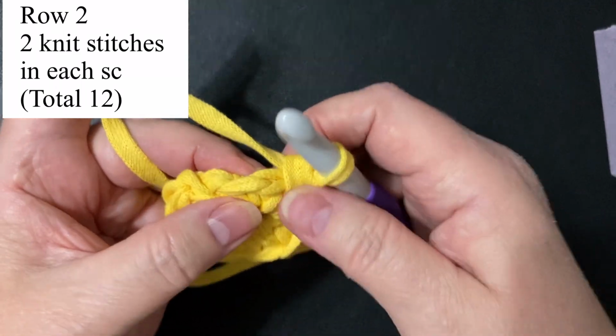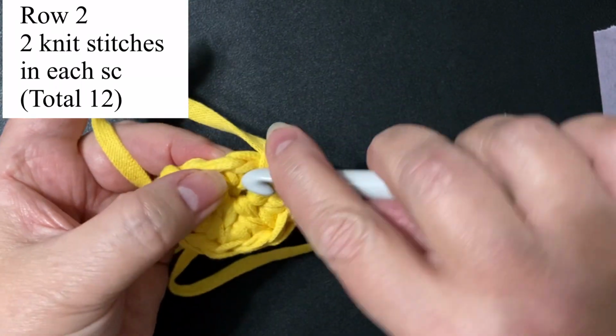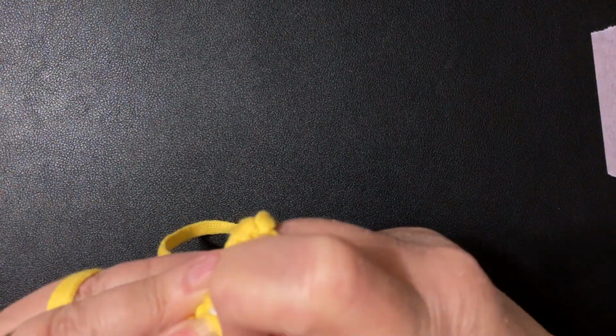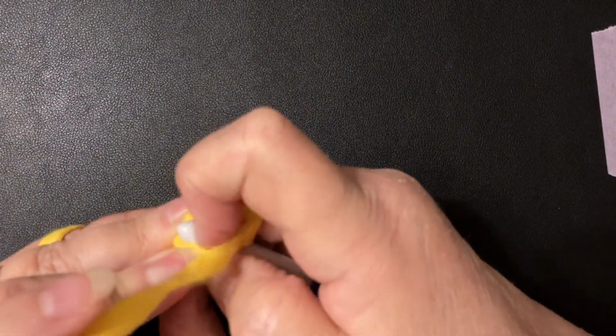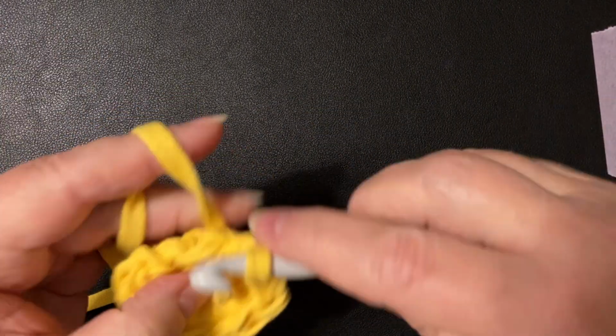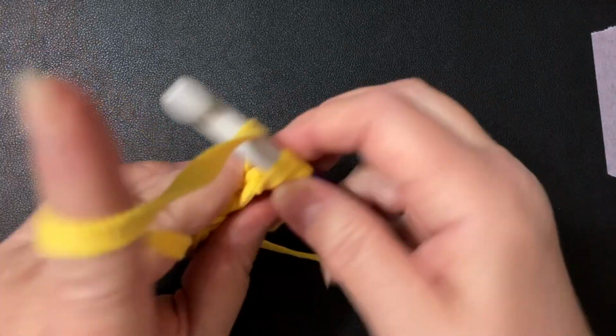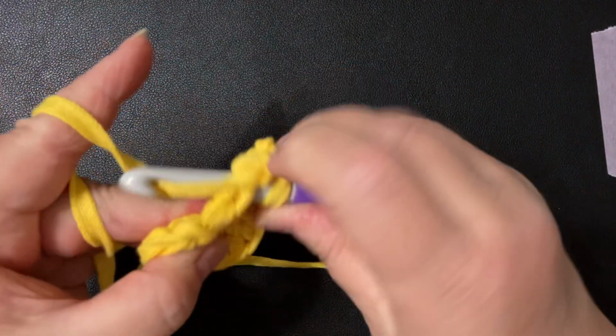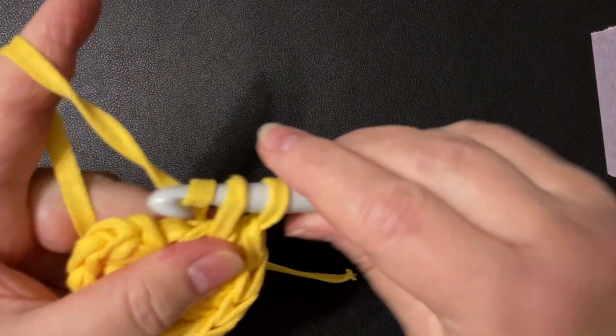Okay, I'm on my last one, so I'll put 2 in this very last space. Okay, there's 1 and 2. Okay,